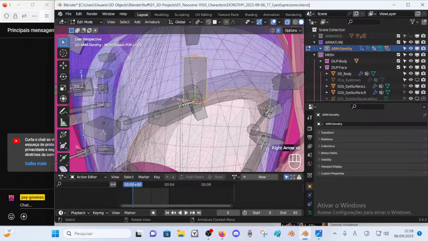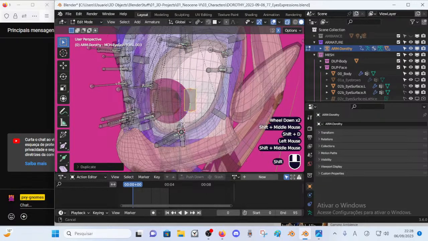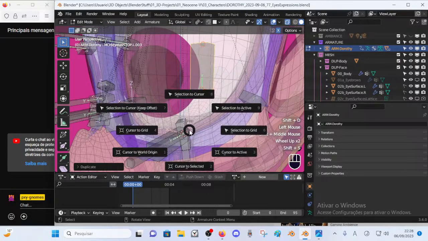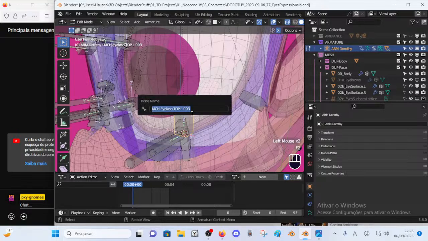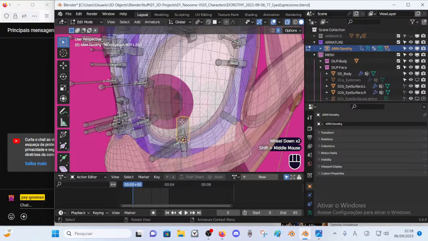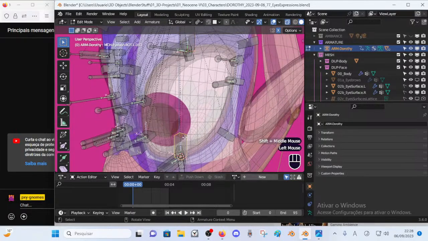And we'll also make a duplicate of that, put it there and rename it, except that bot. So these are mechanism 003. No, 002, of course, because it's bot. It just added a new next number there.